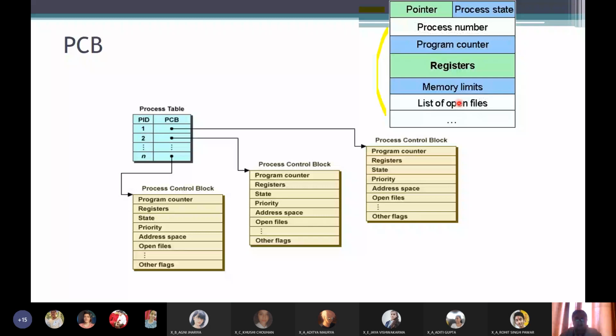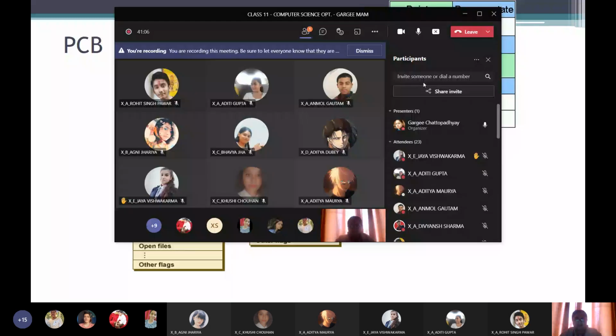If you add the pointer value to this memory limit, you will get the ending address of the process in the memory.